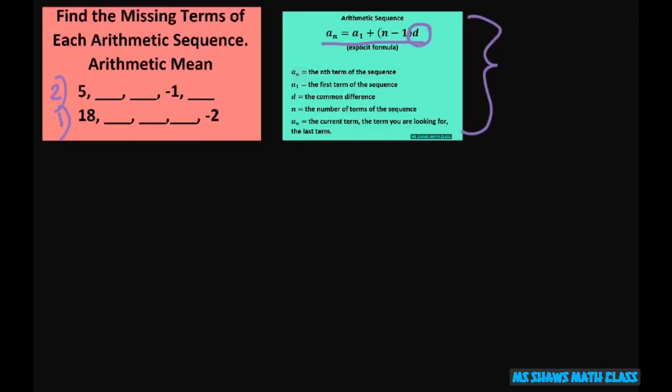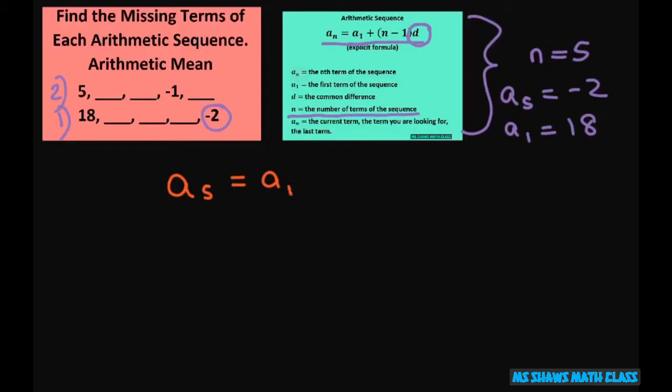So basically, what you're going to do is look how many terms you have, which is n. So we have n equals 5. And then we're going to use our formula. a sub 5, which is your last term, is negative 2. We need our first term, which is going to be 18, and solve for d, then fill everything out. So basically we're going to do a sub 5